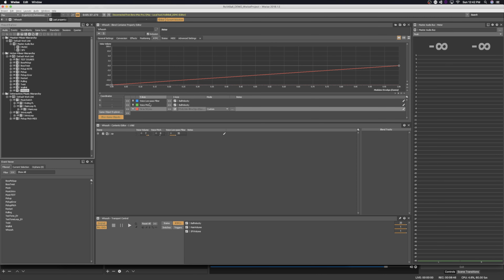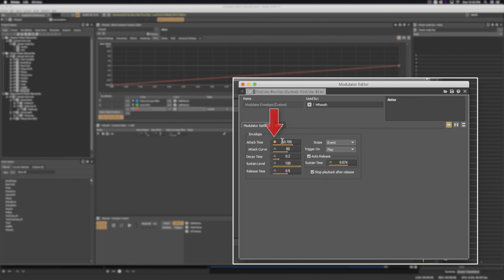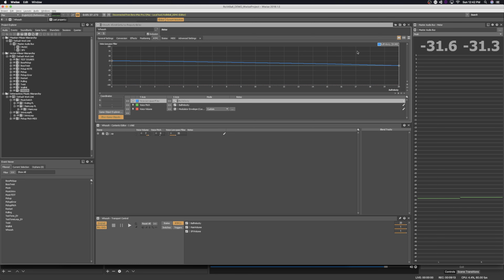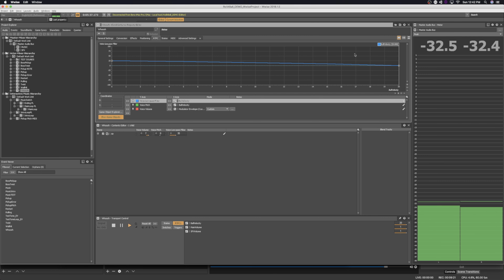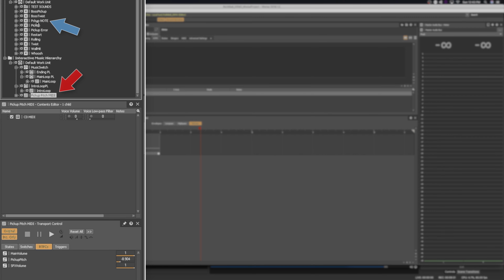And here's our whoosh. Now I'll play this a few times and you'll hear that it's different every time, and that is mainly driven by this envelope that has some randomization on the attack time, so it fades in a little bit differently each time, and there's also some pitch and volume going on. Okay, so here's our MIDI note, and this is what is tied to this pickup note, and when I adjust my pickup pitch,